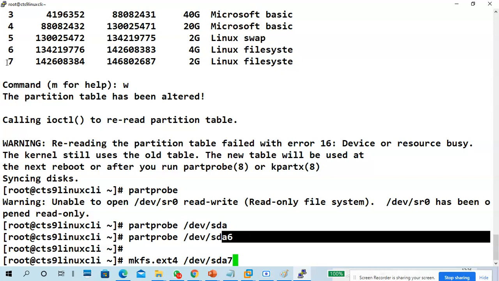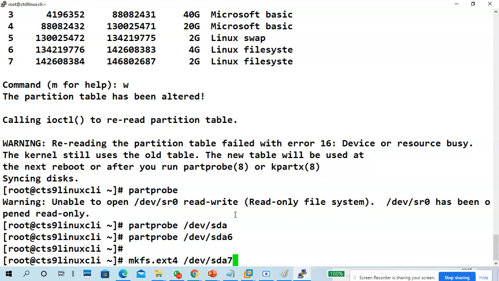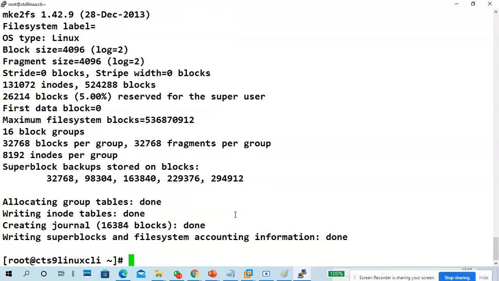Sorry, 7. Now it is done automatically. mkfs.ext4 /dev/sda7, which is the last partition that we have to give. Format is completed. Next, create an empty directory, any empty directory. If it is already there, no problem. If it is not there, we can create it. I create it like this for our understanding purpose.